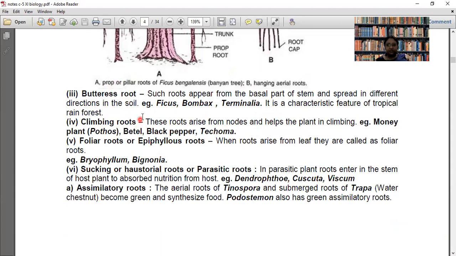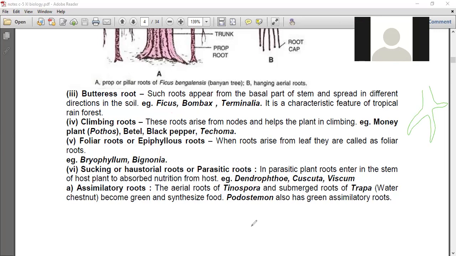Buttress root, what is this? This is present in plants like ficus or bombax. What happens over here is they have root buttress. Consider this is the stem. They have such a big structure as a support. Have you ever seen? In big trees, a part of the root stays above the soil. Yes, ma'am. That is called root buttress. In some plants it is so big that you can rest your head and sleep there. There may be climbing roots.